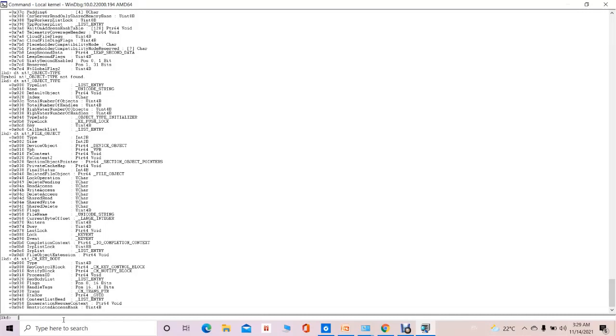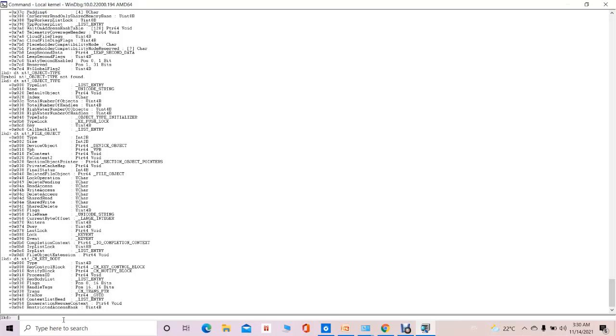Whenever an application opens or creates a registry key, the configuration manager allocates a key object for that particular registry key, and this key object works as a handle to the actual registry key. So that key object leads to the key that is being used by the running process. The key object structure we can access by using this particular command.